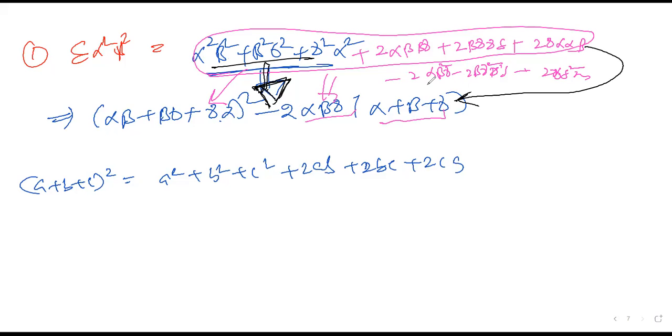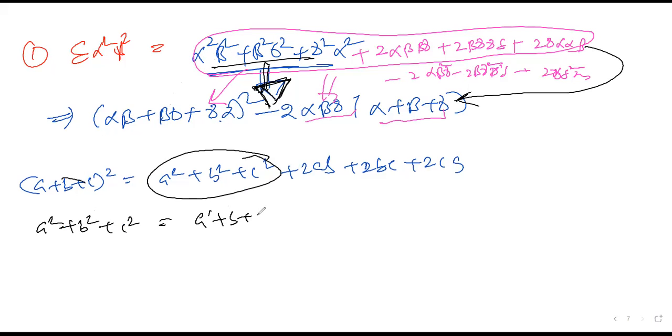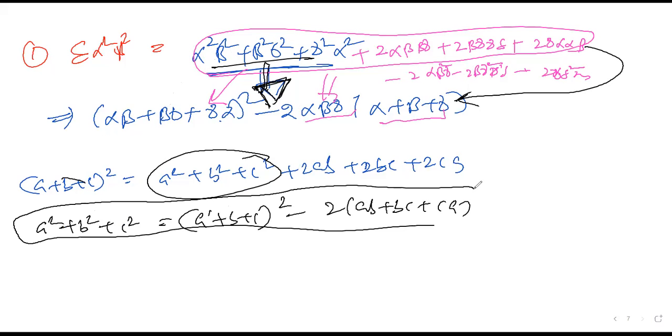So simply we can say A square plus B square plus C square. What can I write from this? Whenever it is A square plus B square plus C square, you can write (A plus B plus C) whole square minus 2 times AB, BC, CA. Am I clear? Yes, sir. This is a formula I can use in later questions also. Later you remember.